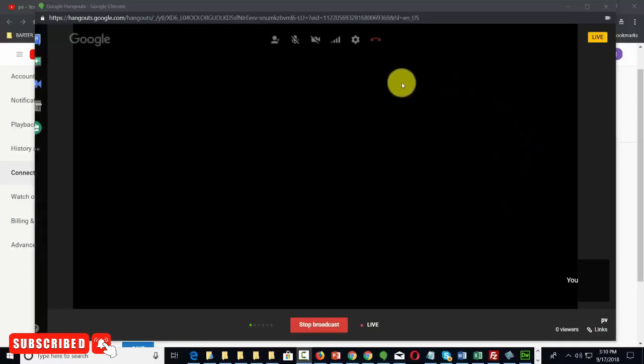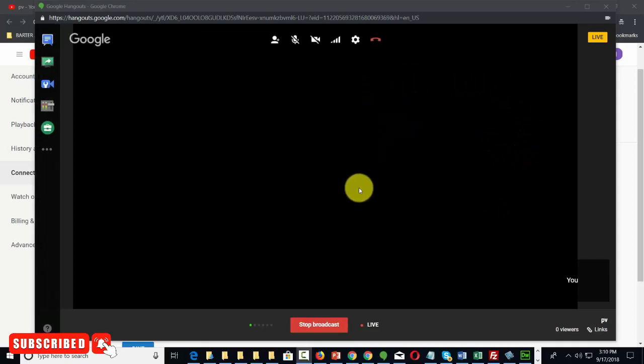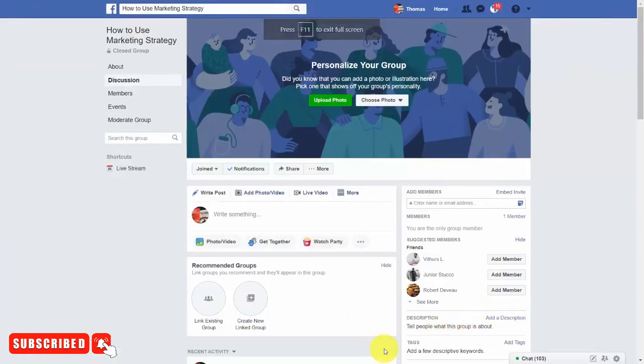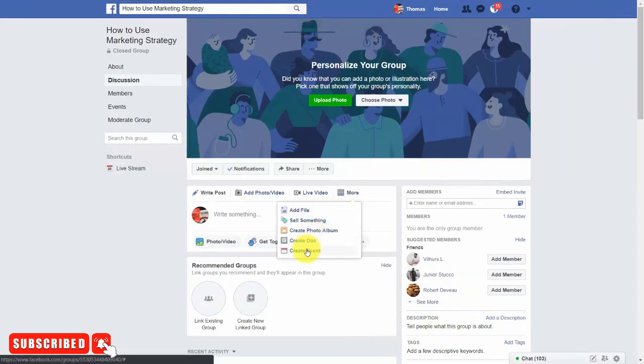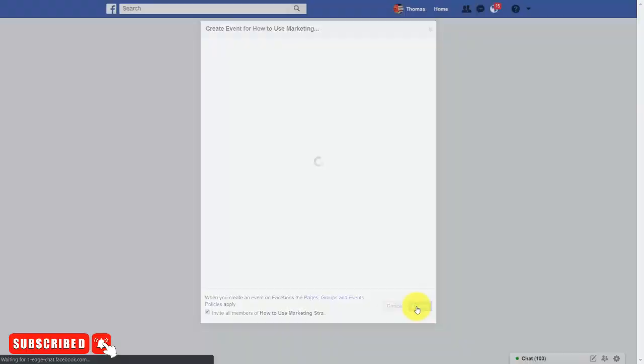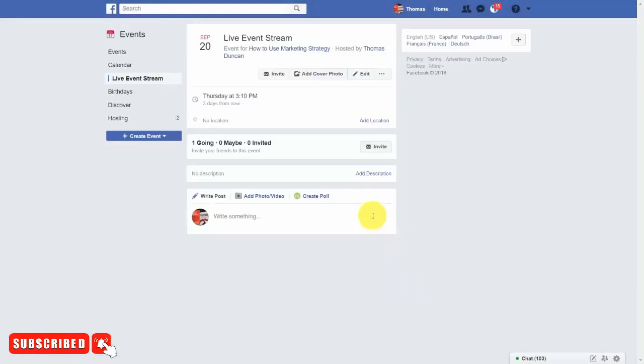Now, when you are doing your live broadcast, you're going to be able to come to this area where your link is. You're going to be able to grab that link. Now, this link will embed the stream inside of your social media accounts. And you'll want to do this in a certain way for Facebook in particular. Now, assuming that you have a group or a page, one way to do this would be to create a Facebook event. And we're just going to click the create button. We're then going to find that event inside of our page.